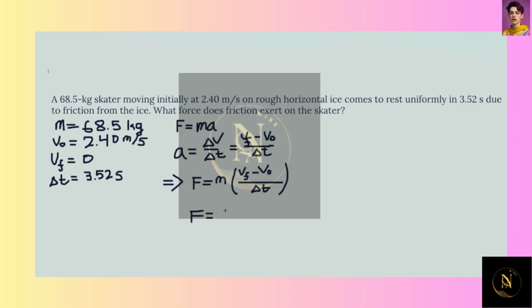Great. So that's what our answer looks like in symbolic form, but we do have some numbers to plug in, so I'll go ahead and do that now, with the mass being equal to 68.5, multiplied by quantities in parentheses, final velocity being 0, minus 2.40, close parentheses,